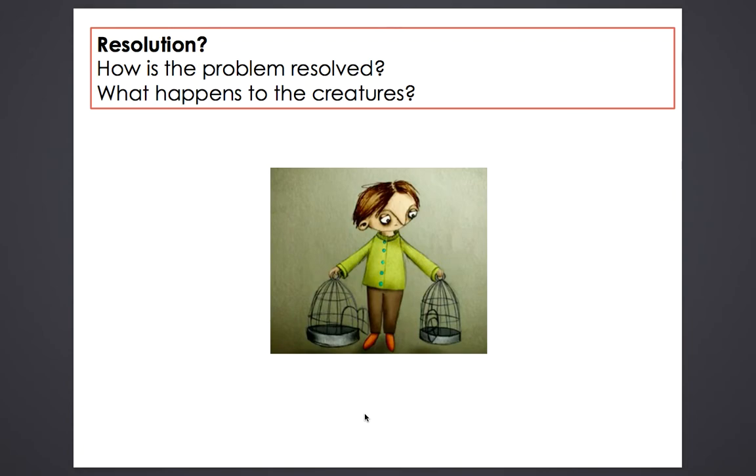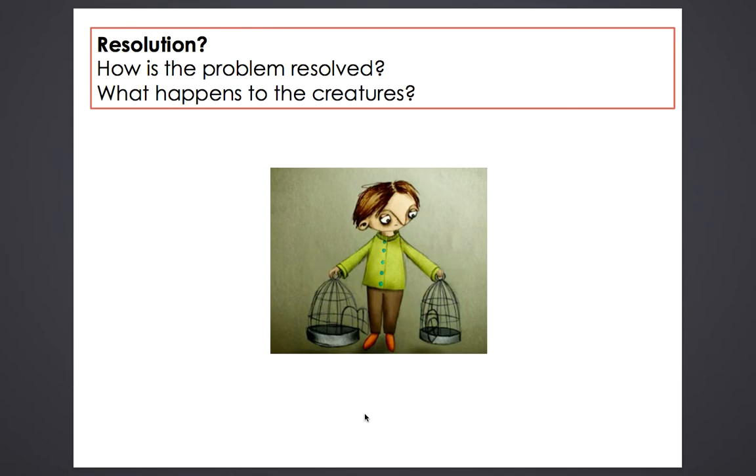Okay, now the resolution. A resolution is when something gets resolved, which means sorted out. The problem gradually begins to disappear. Now, in the black hat video, the boy begins to realise that actually it's not the best idea to keep the animals and the beautiful birds locked up in cages, because birds like to be flying outside, don't they, in the fresh air. So the boy realises that, and he actually lets all the animals go, doesn't he?